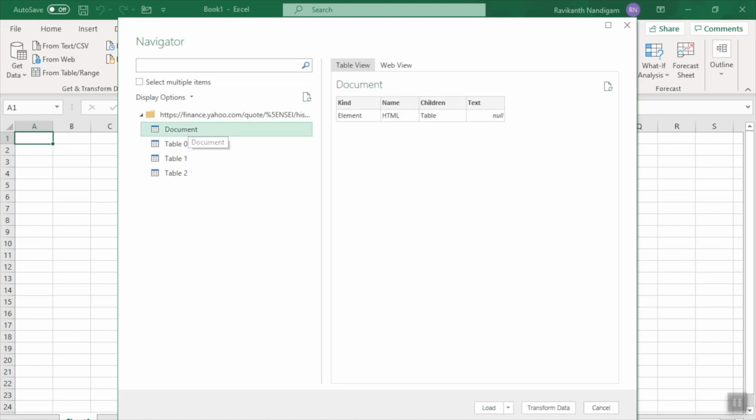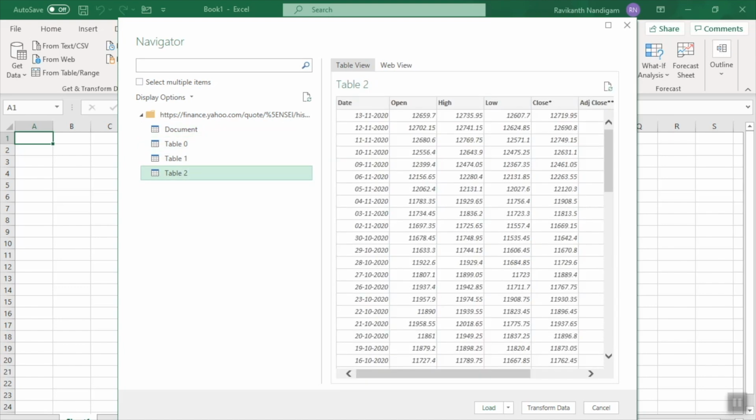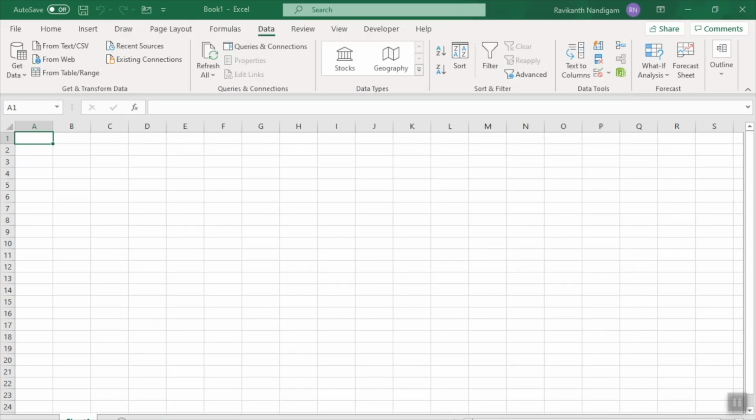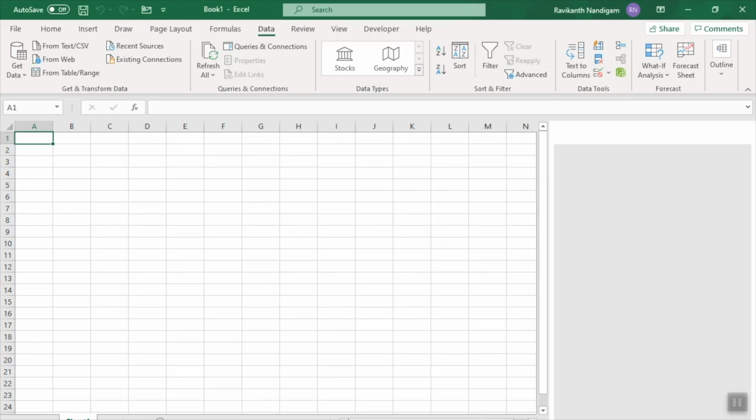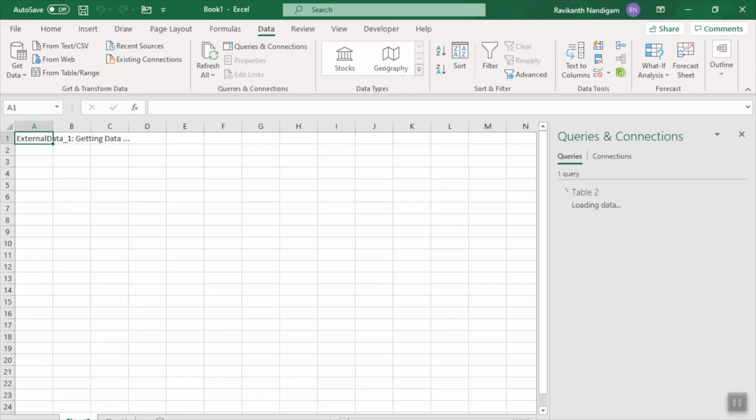When we select one, we will see a table preview on the right. Let's select the Table 2 as it is the most relevant for this exercise. Click on the Load button. The web table will be loaded in Excel after a few seconds.